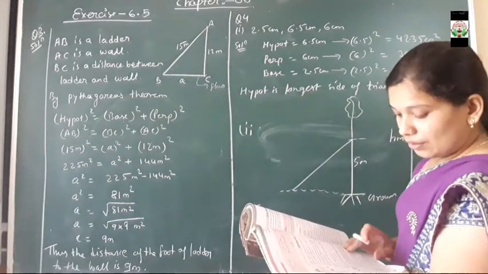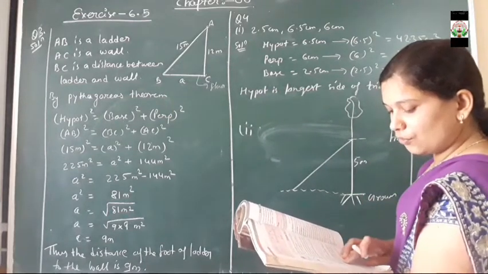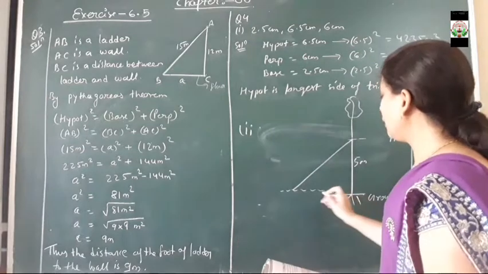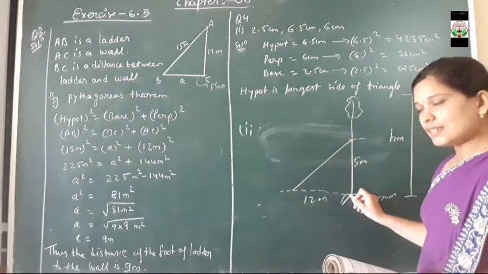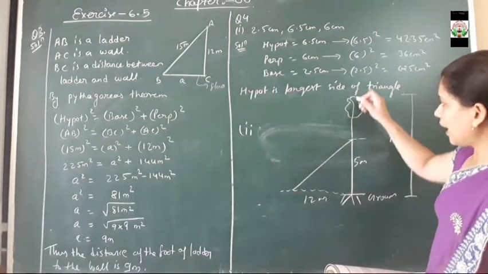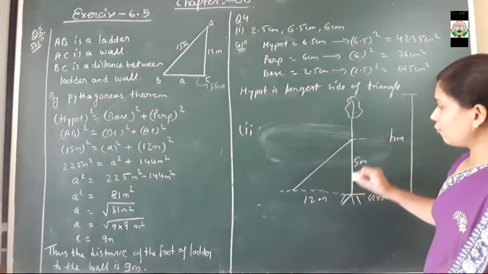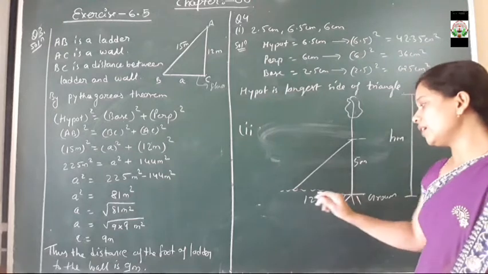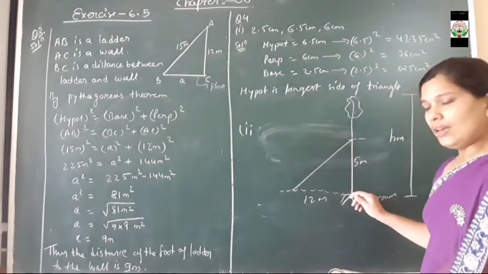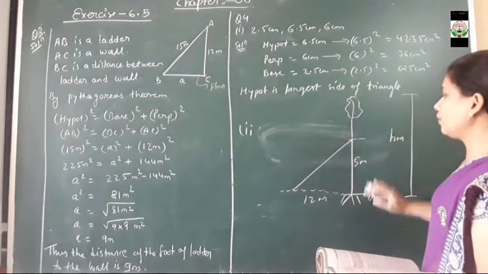The top touches the ground at a distance of 12 meter from the base of the tree. 12 meter from the base of the tree means here is the ground, यहाँ से ट्री का रूट है. टोटल हाइट हम h लेकर चलेंगे, देन जो ट्री का हाइट है वो 5 मीटर से टूट करके नीचे ग्राउंड को टच करता है। सो ट्री जहाँ पर टच कर रहा है वहाँ से लेकर रूट का डिस्टेंस 12 मीटर है। Now you have to find out the total height of the tree.